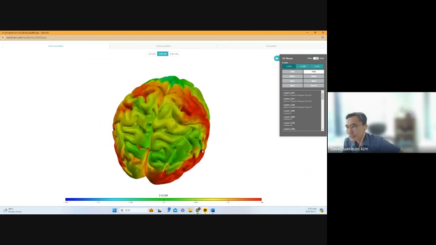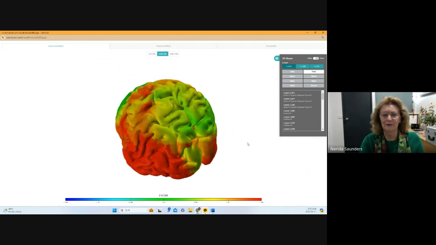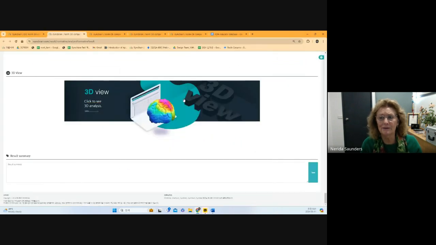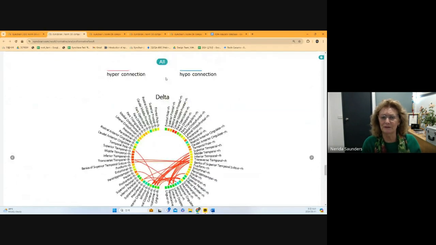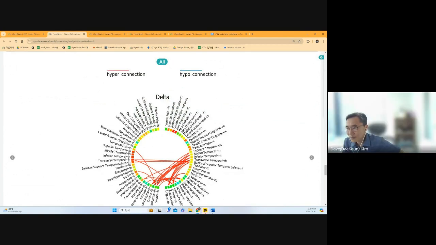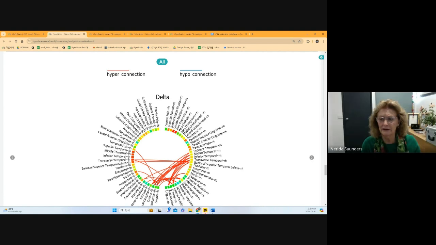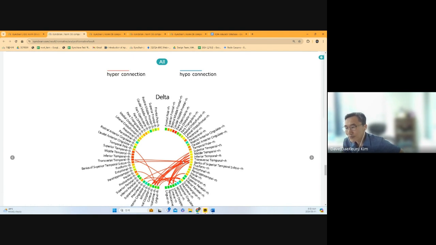Dave, right? Can I ask something? In fact, looking at the delta connectivity, there was a lot stemming from the posterior right temporal region. Could that also relate to previous head trauma, this kind of high hypercoherence, in the delta? I'm not sure, but